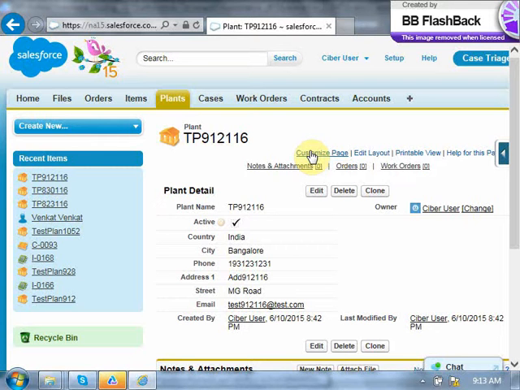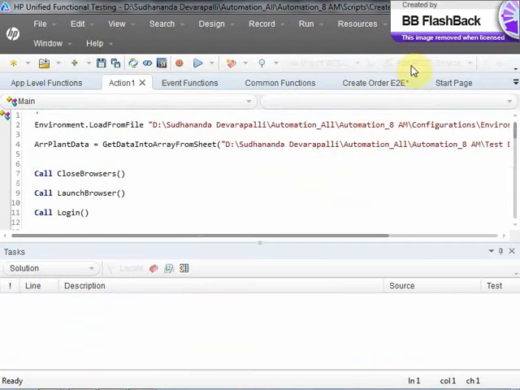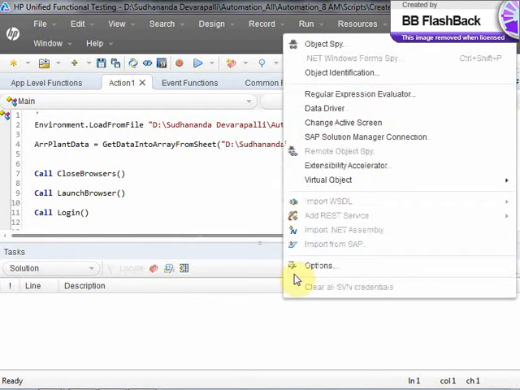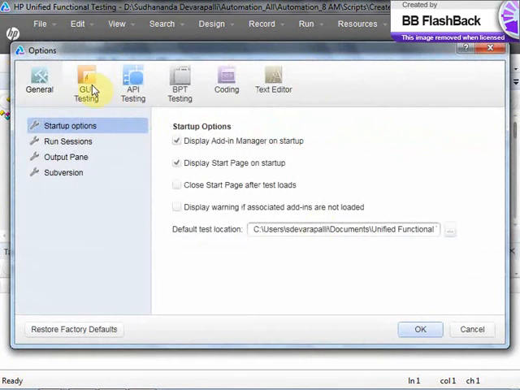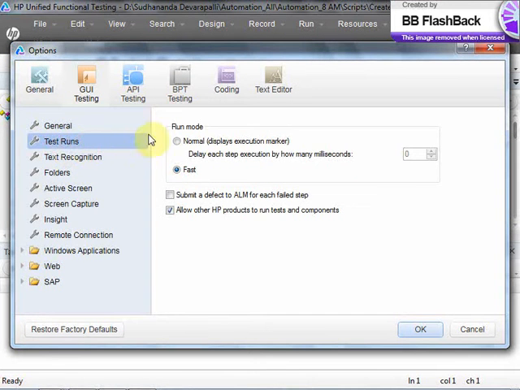In such cases, instead of running in fast mode, you run in normal mode, so that every line which is being executed will be highlighted with a yellow background. That is an indication to you that this line is executing right now, and you can see which line is taking time, which line is not taking much time. Okay, and also there is one more thing here. Whenever you run in normal mode, right, whenever you run in normal mode,